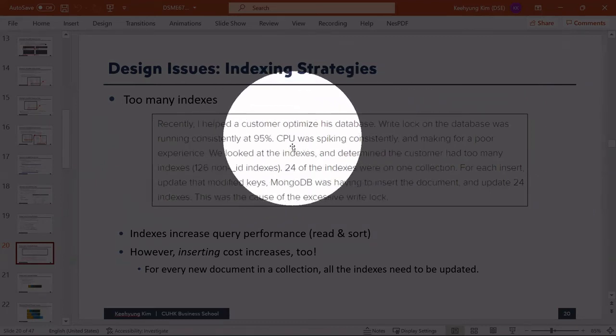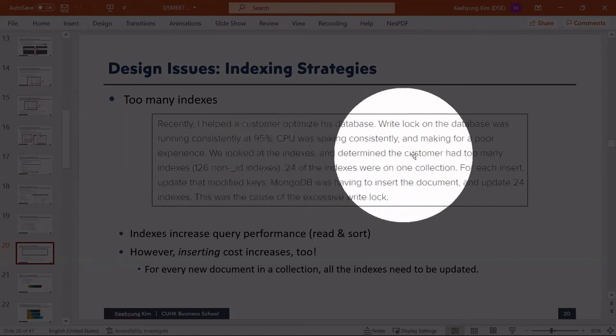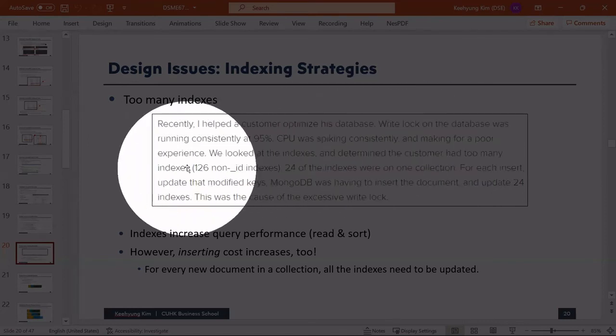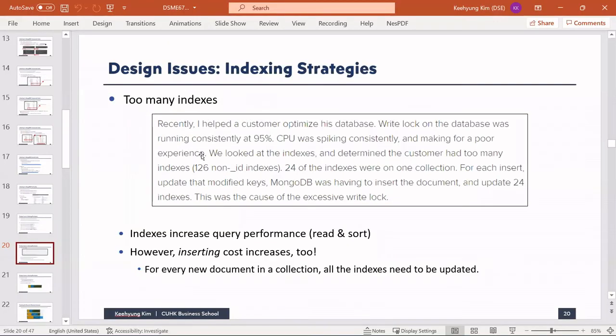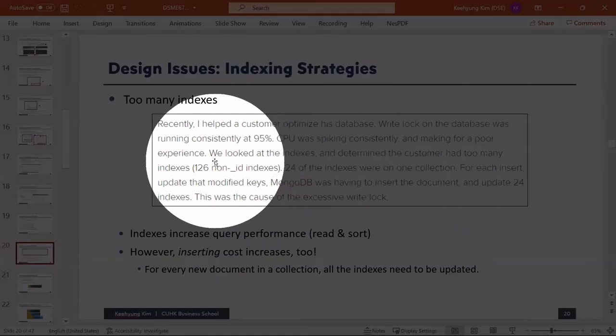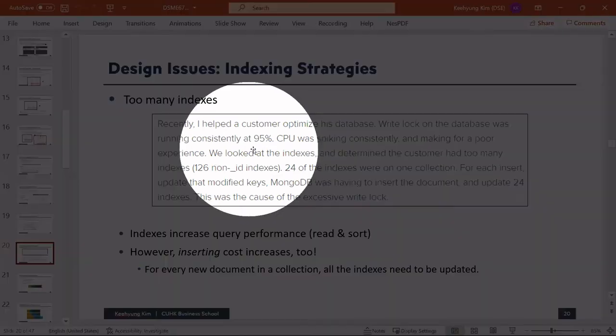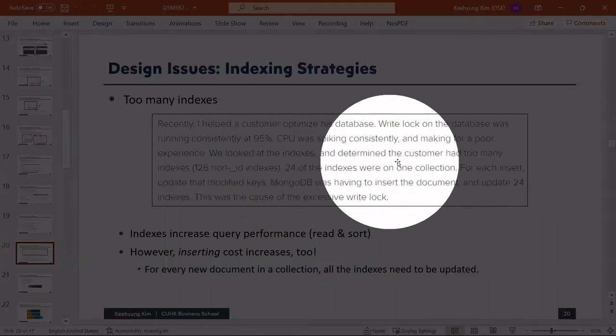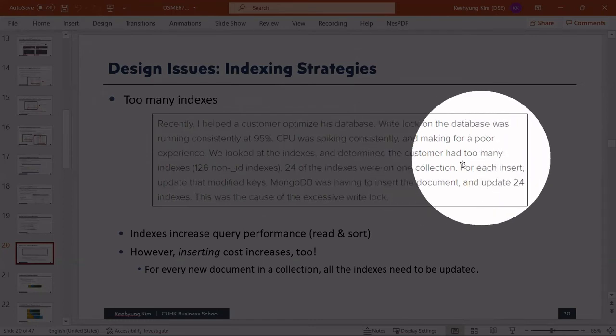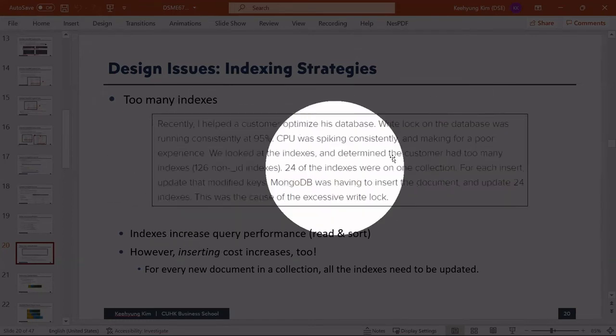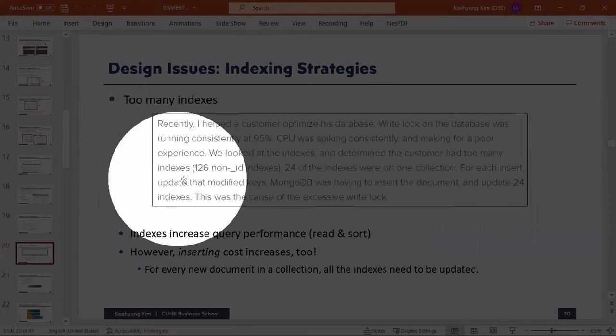So basically CPU was being utilized all the time, making for a poor experience. If your CPU is utilized all the time on the server, then of course the speed will be slower. So he was examining many different things in the database system to find the issues. And when he looked at the indexes, he found that the customer had too many indexes. The company created a lot of indexes,